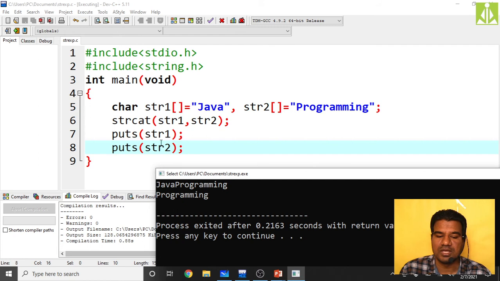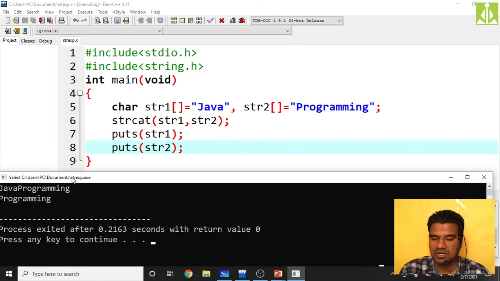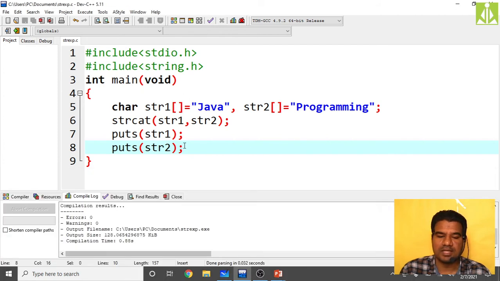That you can see over here, because in the first line I am printing string 1, so we are getting Java programming. It is copying this complete programming at the end of the first string, and the second string is unchanged. As you can see, programming only we are getting. When you are printing str1, you are getting this complete thing, and when you are printing str2, you are getting only this much.